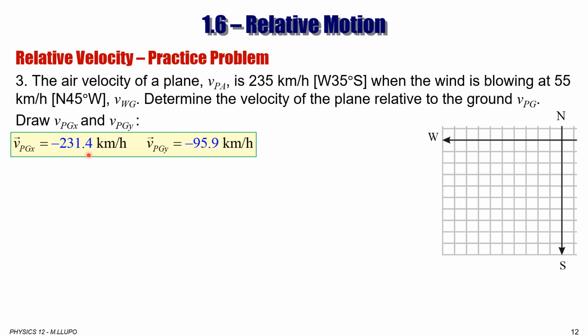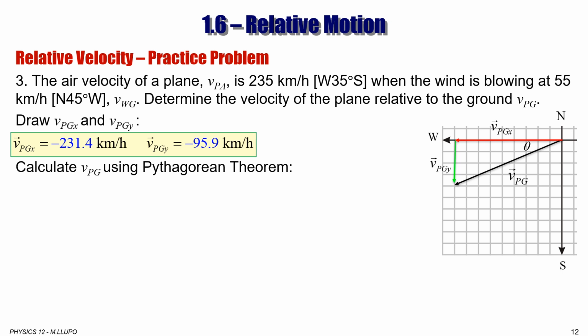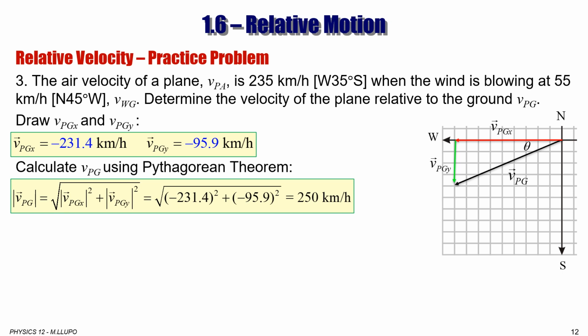Once we have those values, we can draw them. Both are negative, so we use the third quadrant, where x and y are both negative. Then we can draw x, and we can draw y, pretty much proportional, but you don't have to. Then you can draw the hypotenuse, or velocity of the plane relative to ground. That's what we are looking for. Now, we have two sides. We can calculate the angle, and we can calculate the hypotenuse. Using the Pythagorean theorem, you can calculate the magnitude of velocity of plane relative to ground, which is the square root of 231.4 squared plus 95.9 squared. The negatives don't matter because it's squared anyways. So the answer would be